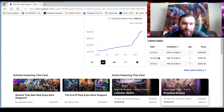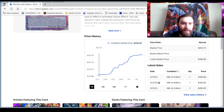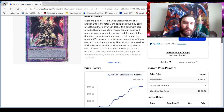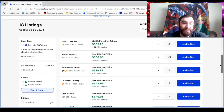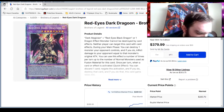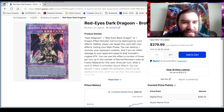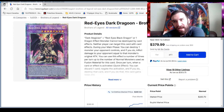We've talked about Starlight Rares before, and this is the most amount of value. About a month ago, this was a $238 card, and now we're looking at getting $100 over that, right? That's the interesting thing, because most of my market watches on this channel have been penny stocks. That's kind of where I like to lean, the budget type of stuff, but you kind of got to weigh your options. You could spend $200 on a 50-cent card, so that's $100, or that's 100 copies of that card,